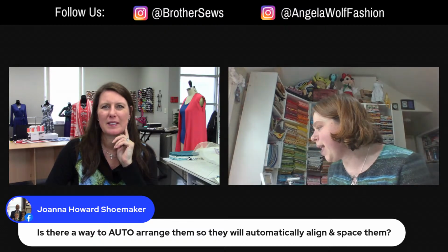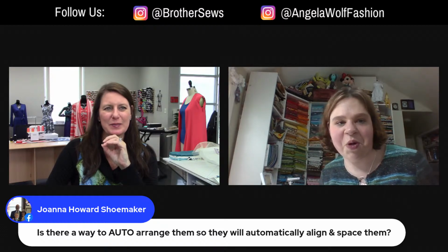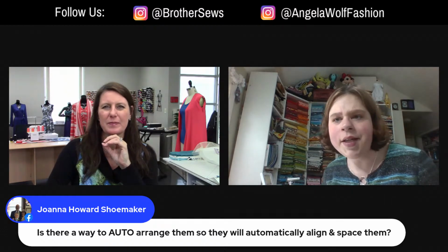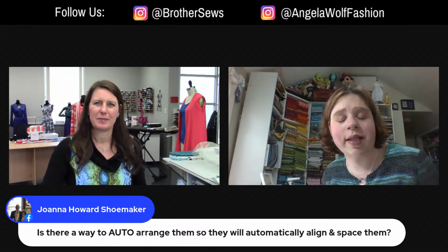Okay, so the second thing I wanted to cover was the fusible. People asked about cutting with a fusible. I use a fusible on some items, especially if it's a wall hanging or something, where I don't worry about it being stiff, since you're not going to put it against your skin. So I use the Brother Fusible product,